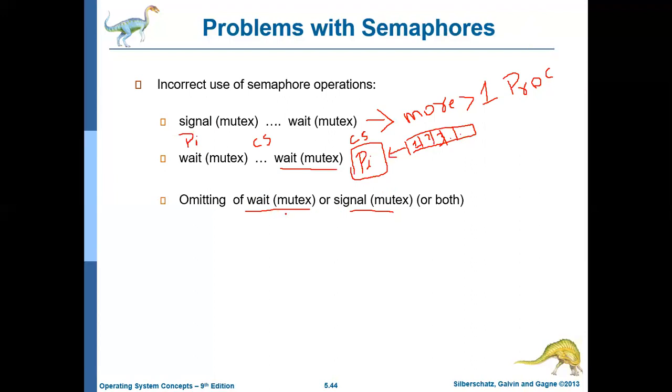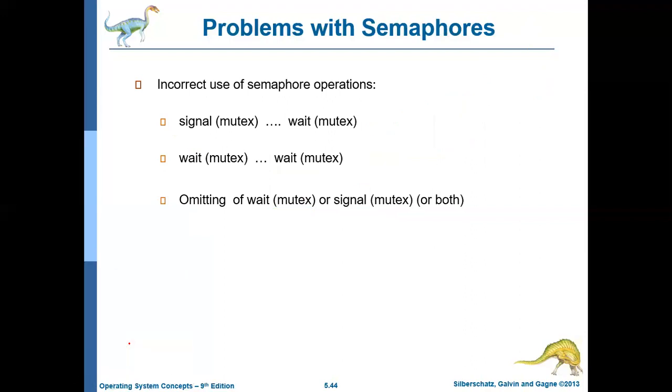If he has omitted wait, then what will happen? More than one process will enter the critical section, which will defeat the mutual exclusion principle. If he forgot to call signal, then what will happen? It will result in deadlock. So under these circumstances, semaphores will create problems.